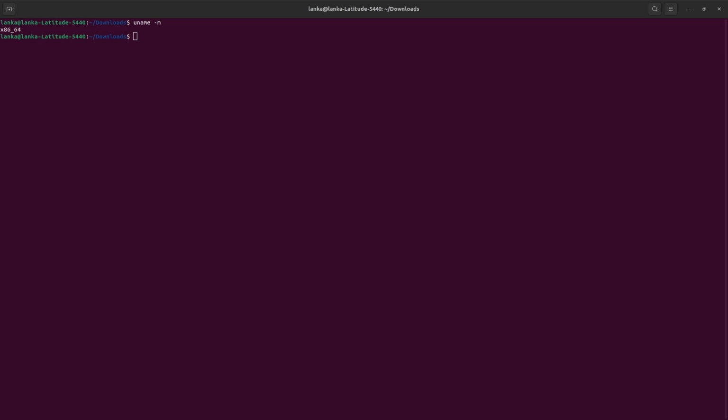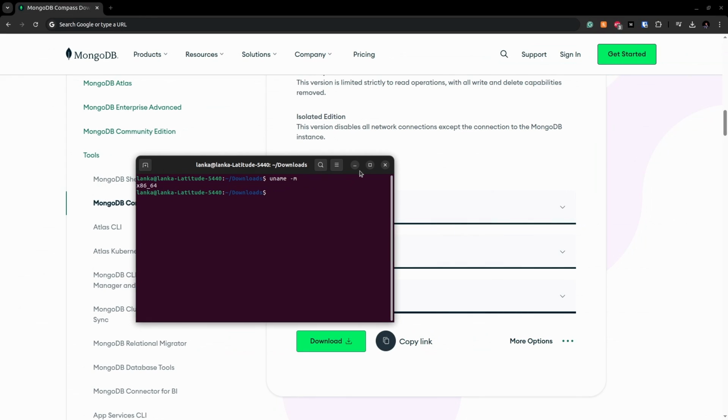So before installing MongoDB Compass, let's find out what your installed Ubuntu architecture is. You can go with uname -m here and then you can get your Ubuntu architecture. So this is useful when you select the drop down list on this website that I'm going to show you